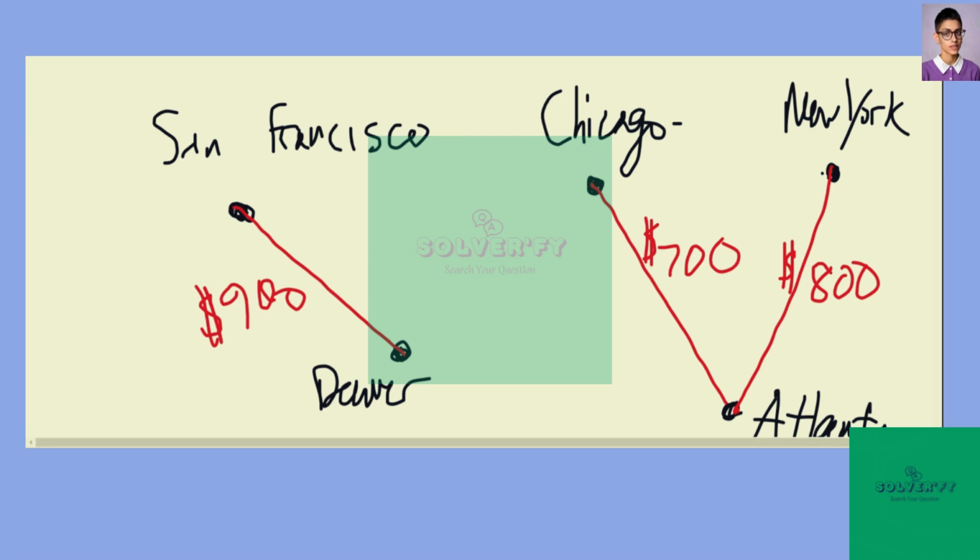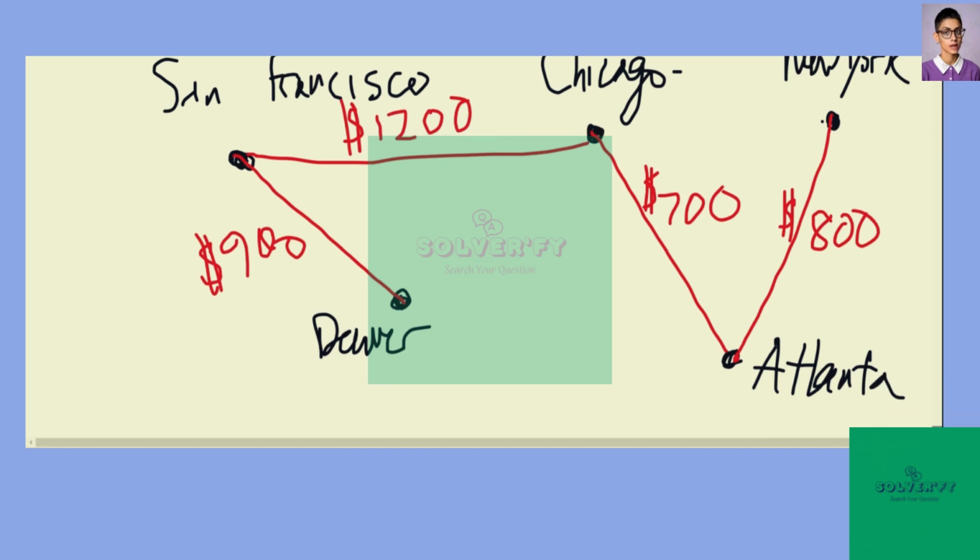Now the next smallest weight in the remaining graph is $1,200, which lies between San Francisco and Chicago. If we add this edge between San Francisco and Chicago, we don't obtain a circuit, so this is perfectly valid. And now notice that we have a connected graph, and so it follows that the algorithm terminates, and by Kruskal's algorithm,